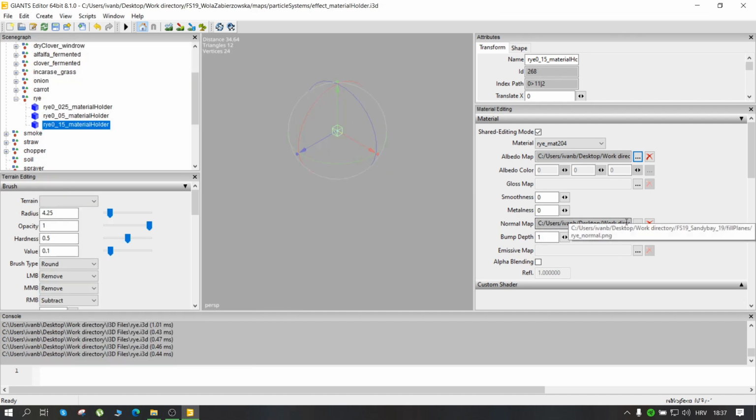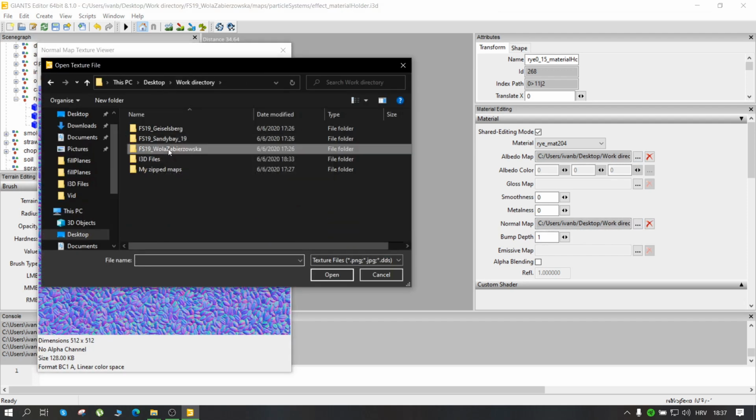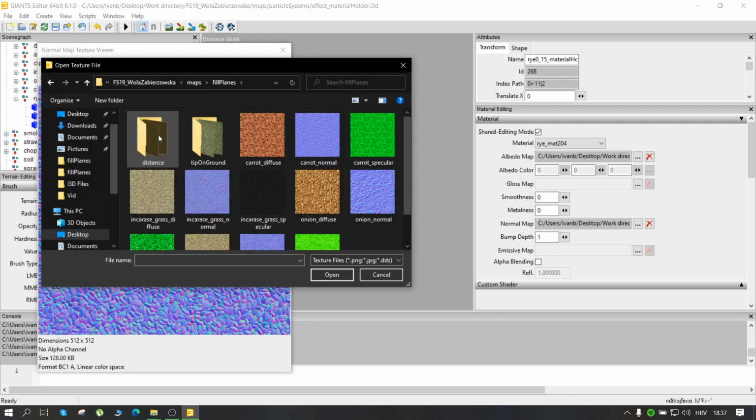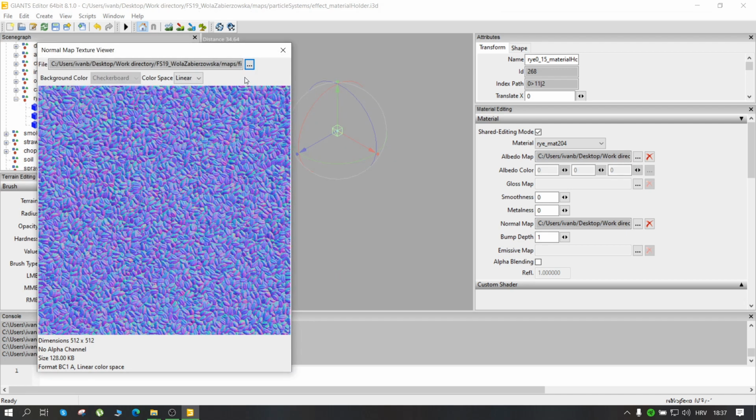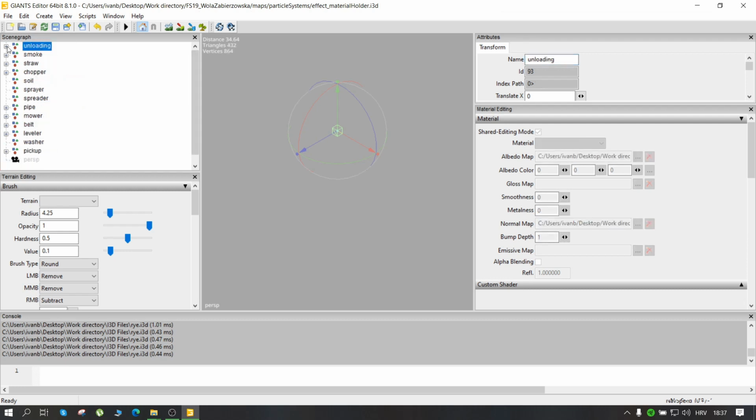Normal map, same thing, three dots, work directory, your map, fill planes folder, and the normal map. Here it is. And now we change the locations for all of these textures, and now they are pointing to the correct textures, to the correct map actually. So we will close this, and we are done with the unloading group,